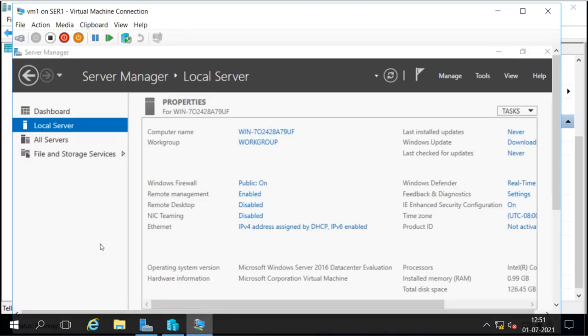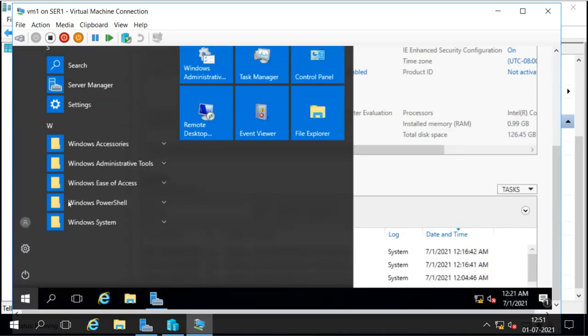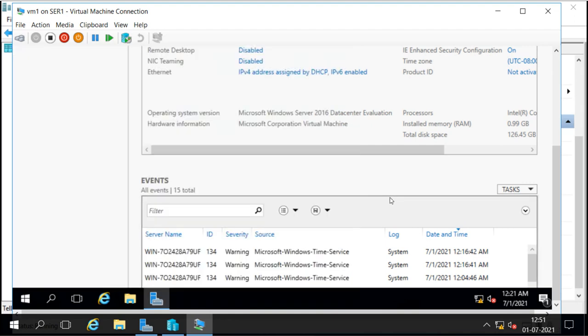We go to start, we select this, and then we press shutdown. So when we do this, that shutdown is actually the same. But turn off means what? Turn off means we are turning off the machine directly from the power switch.